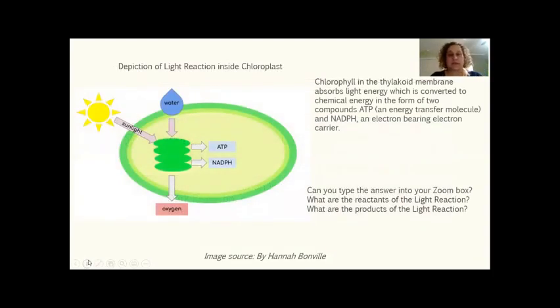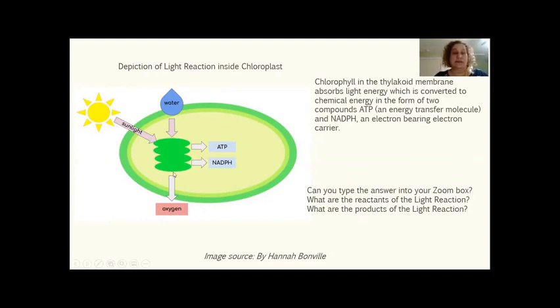All right, here's a depiction of the light reaction in a very straightforward manner. What you're looking at is a chloroplast right here. This is the membrane-bound organelle inside of the plant cells. Okay, so this is your chloroplast. The chloroplast receives sunlight from the sun. You have water because the plants take up water through their roots. Okay, so the sunlight hits